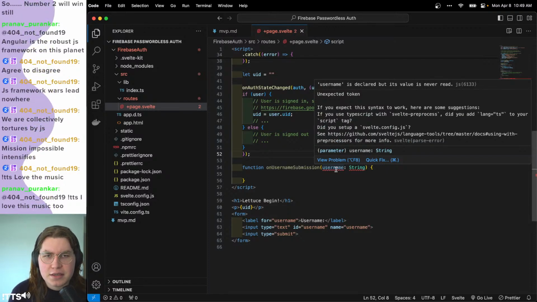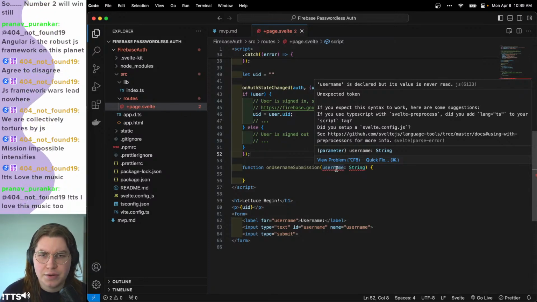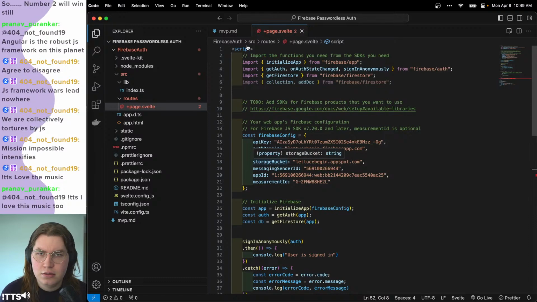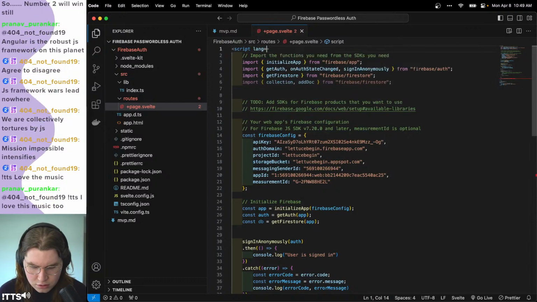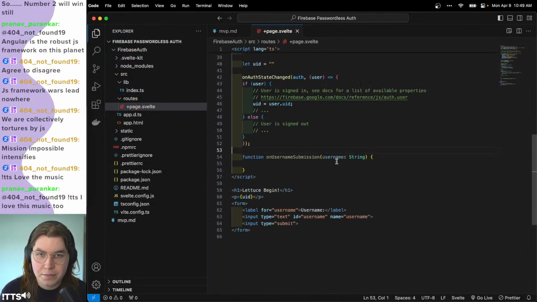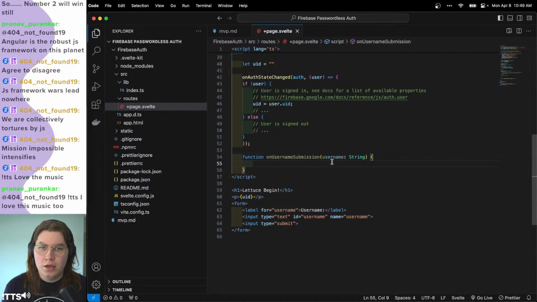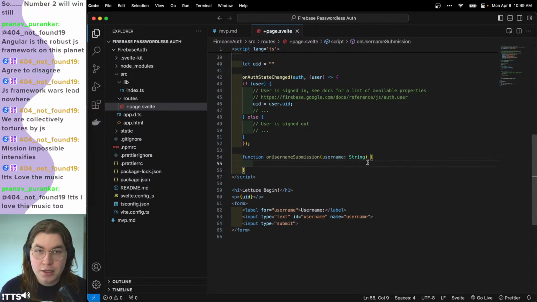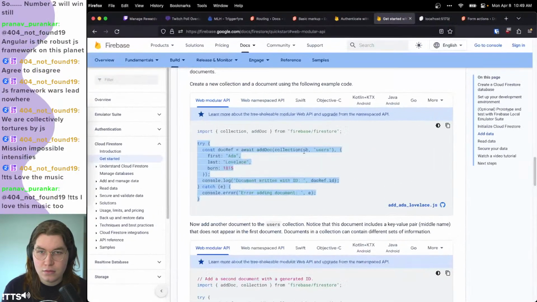If you expect the syntax, did you add lang ts to your script tag? I did not. Great. Okay. So we have our username, which is a string. And when this function is called,